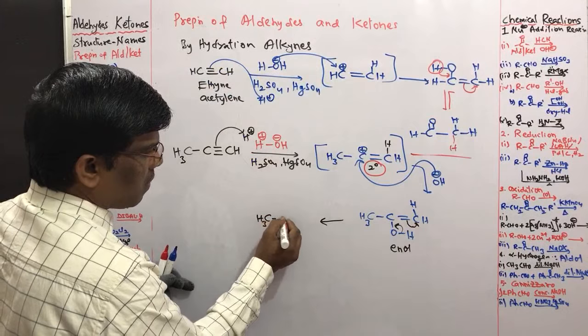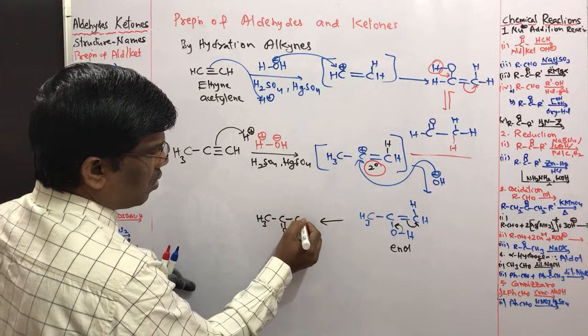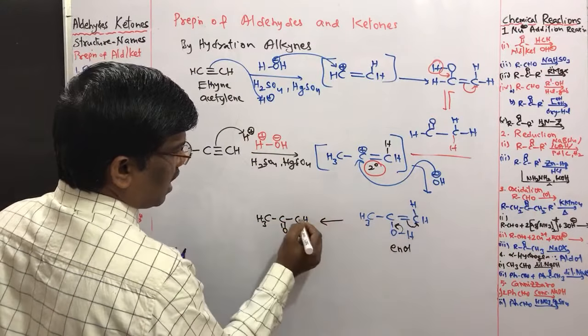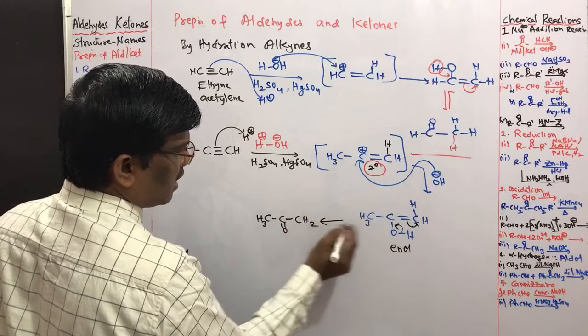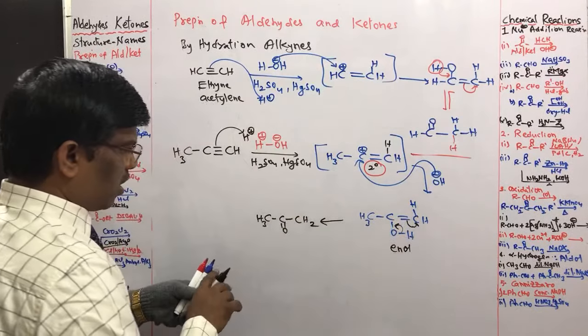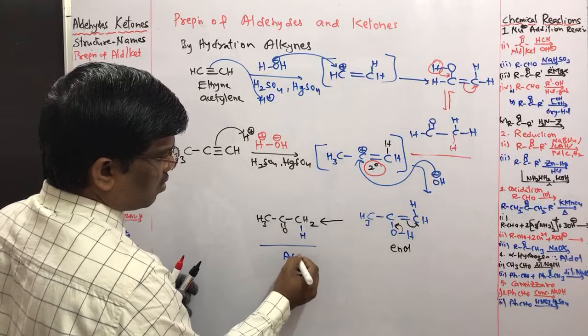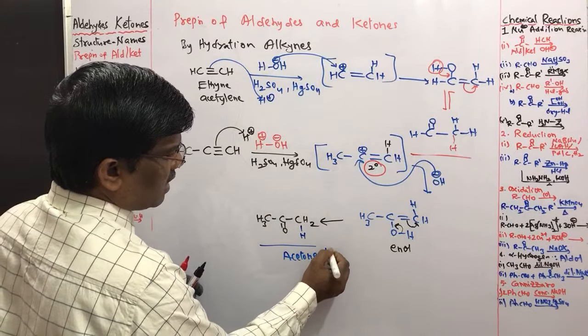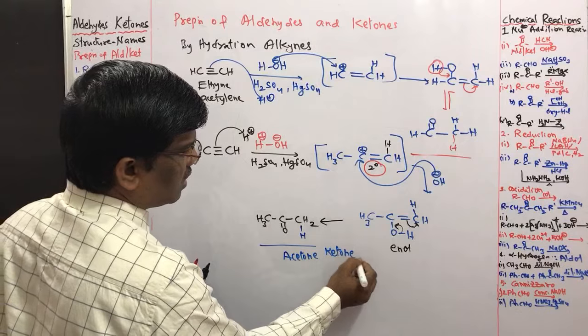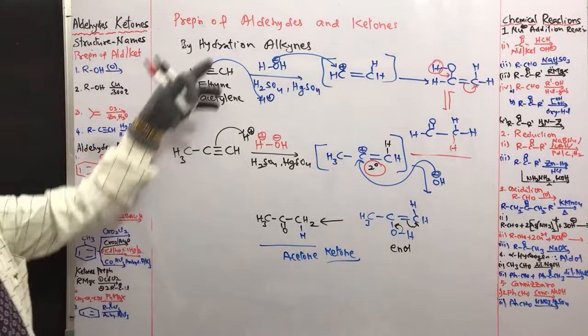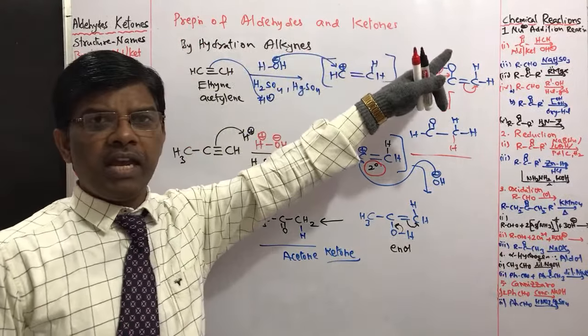CH3 double bond O CH, and already this hydrogen is here, and this hydrogen is coming onto this. So now it is acetone. Acetone is a ketone. So this is how the common methods for the preparation of aldehydes and ketones can be followed,